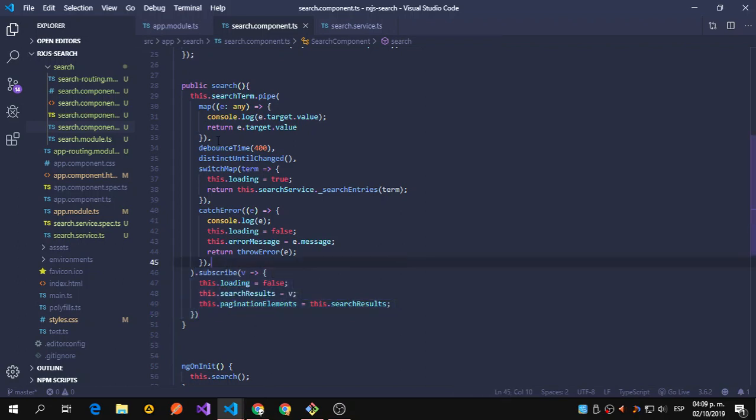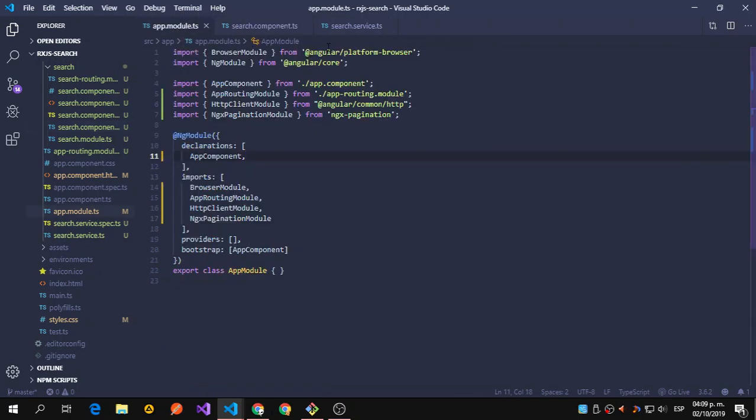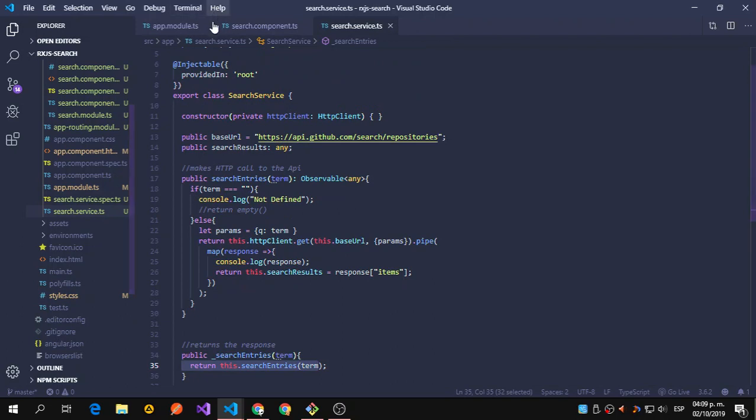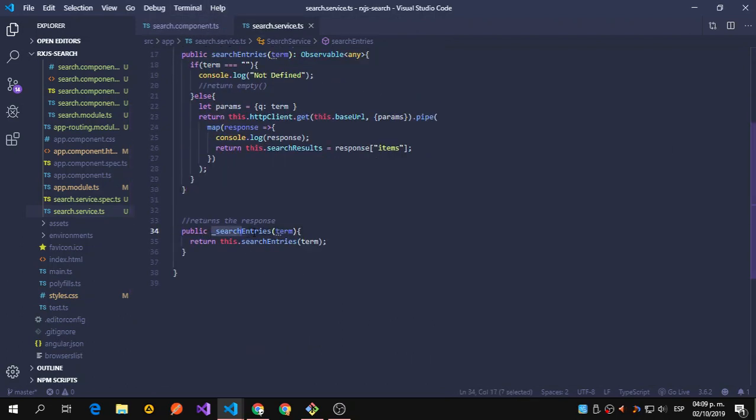So all this is going to be marked as the stream. So the problem is here, because search entries, you will see, underscore search entries is calling the search entries function,